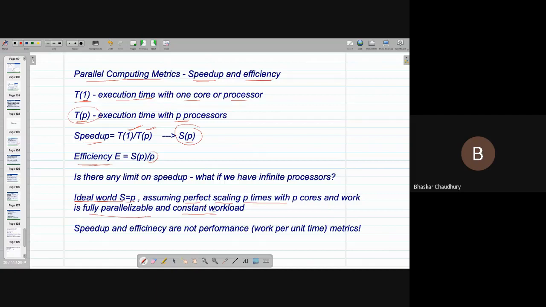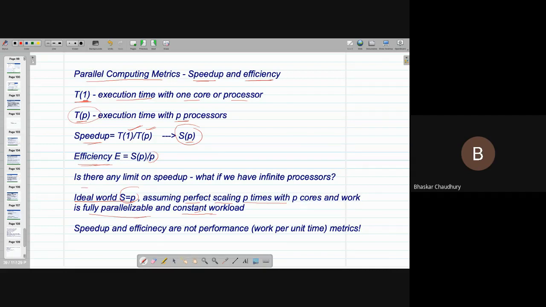So it should not be that for serial I am doing n amount of work and for parallel I am doing n log n amount of work. Then there is a different amount of work, and you cannot get this ideal speed up. So under these assumptions, that the code is fully parallelizable and the workload is also constant, you can get speed up equal to the number of processors. Okay. Now the question